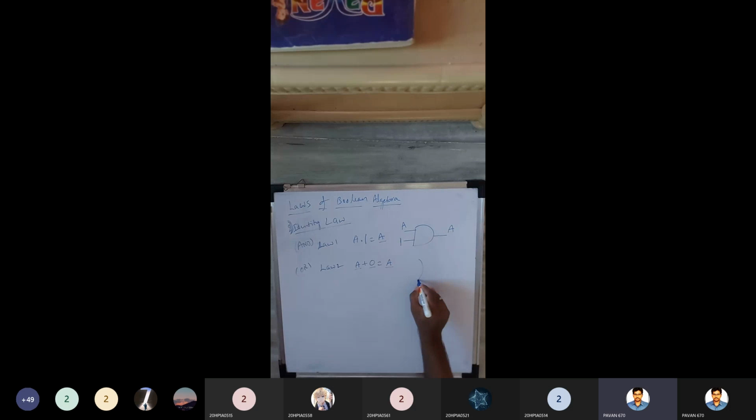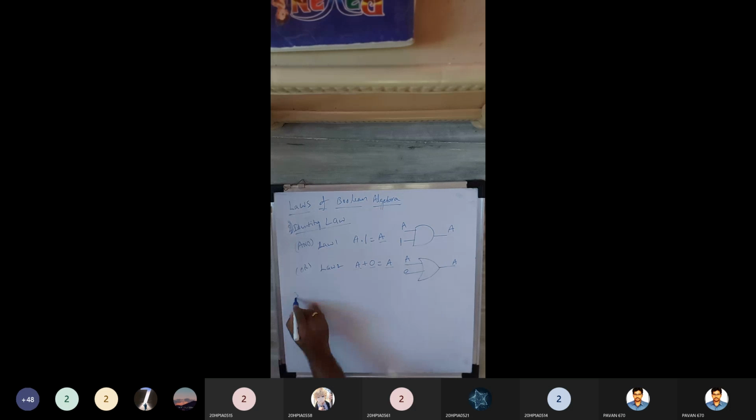Next, the OR gate, that symbol representation. Suppose two inputs are provided here, like this one, this is how the OR gate will behave. Okay. Next one. Shall I move to the next one?